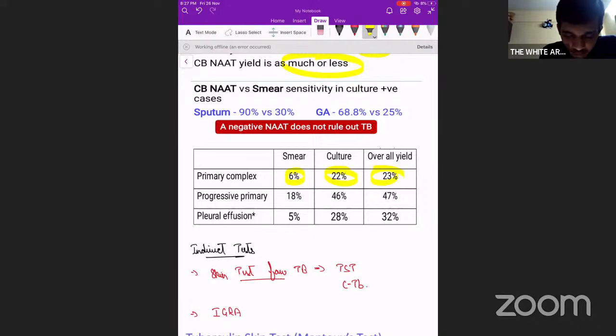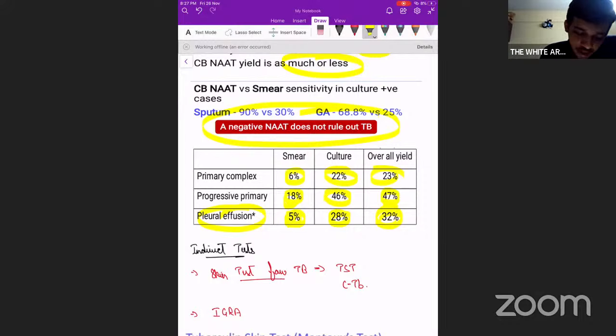In progressive primary disease, smear positivity is around 18%, culture is around 45%, and overall yield is 47%. If you have a pleural effusion, then smear yield from sputum is even poorer at 5%, culture yield is 28%, and overall yield is just 32%. So as a rule, a negative CB-NAT does not rule out tuberculosis, because all these tests have their own